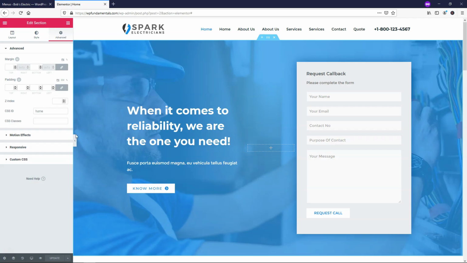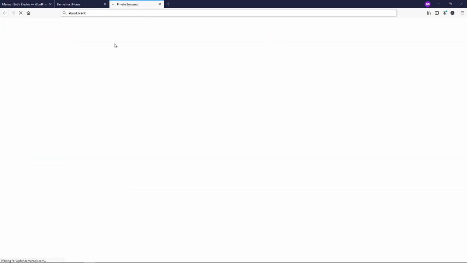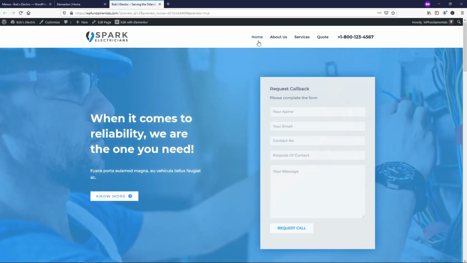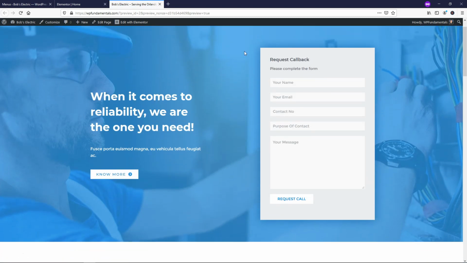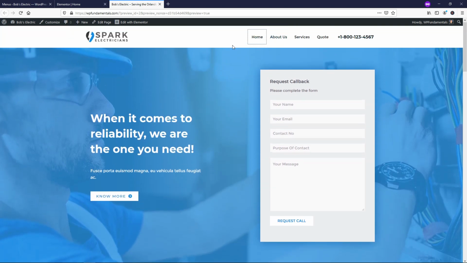I'm going to go back over here. And for now, I'm actually going to go down to where it says preview changes with this eyeball. And once I click that, you'll see that we have home, about, services, quote. So if I click on that, it actually just lowers us down to this home section right here. And if we click about us, it's going to just go nowhere right now because we haven't set that one